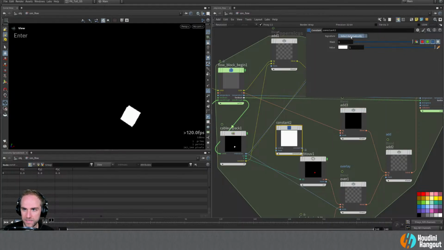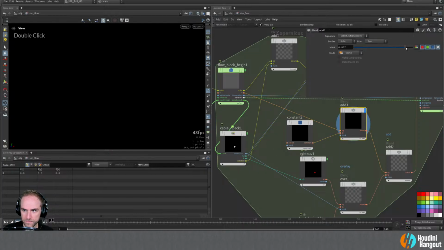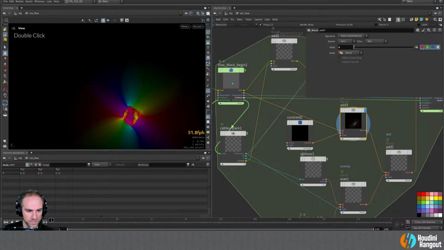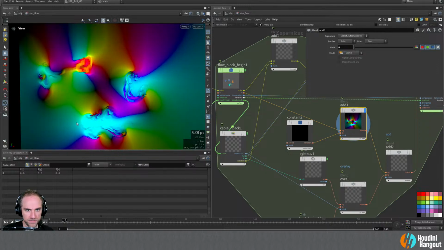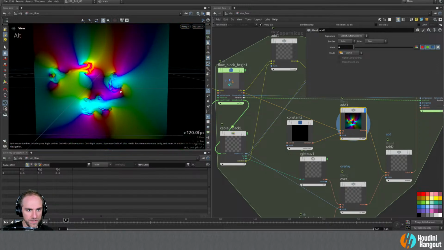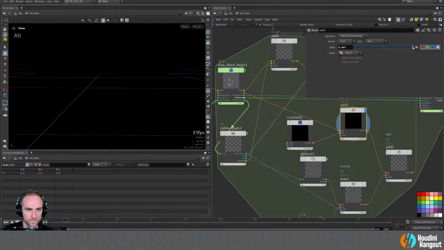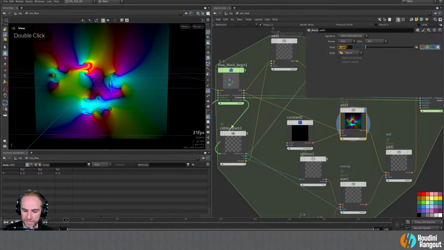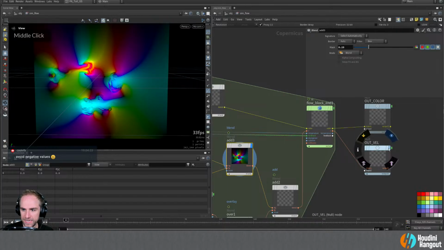We'll just do a constant here just to make sure that we're dealing with the right thing, and we'll just put this at 0, 0. So let's just get some velocities in here. So we're making sure that we're dealing with the right thing here. And then there we go. So we could blend in, I don't know, a quarter on each frame. And so what we should see now